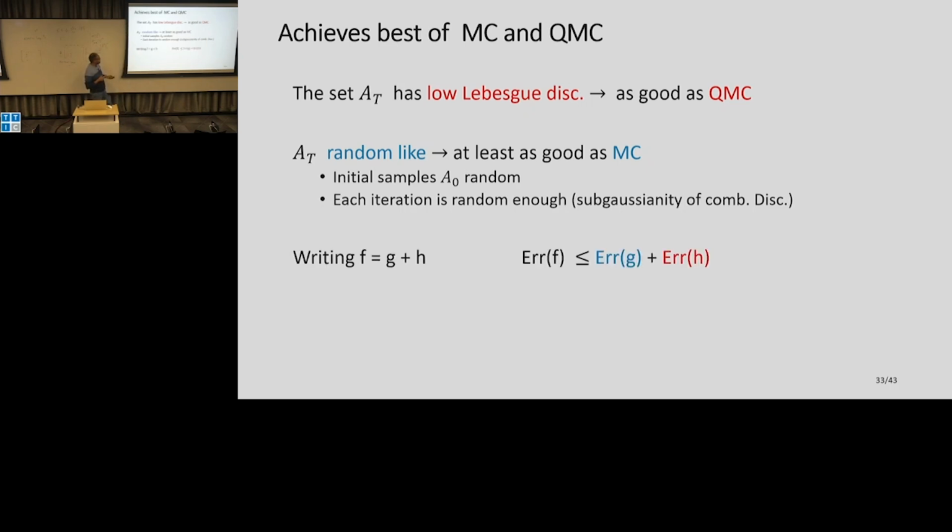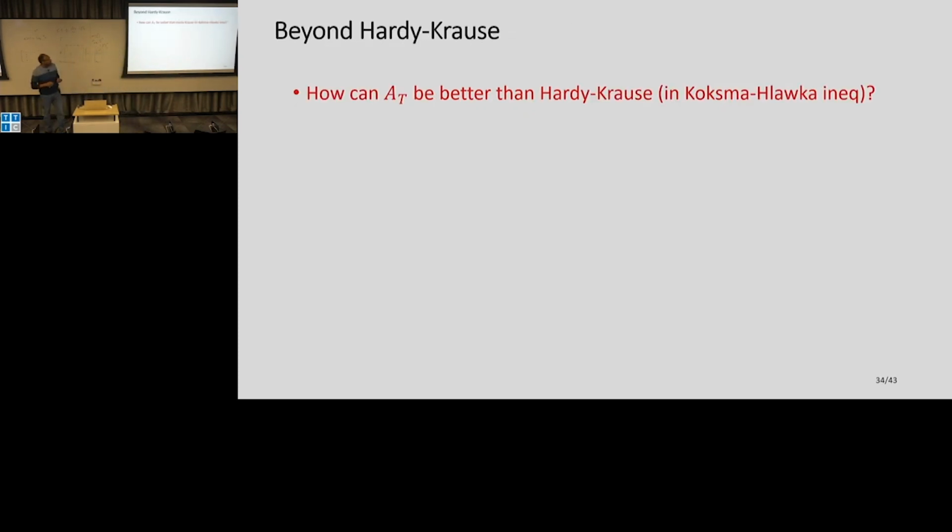So this point set almost looks like a random collection of random points thrown in, yet has low discrepancy. And now we are done, because if I write my f in any way as g plus h, and I'm not actually decomposing it, it's just a thought experiment, I can always bound the error by the triangle inequality by these two errors. And these point sets are automatically better than QMC and MC. So for this part I can say I'm no worse than MC error, and for this part no more than QMC error. So I automatically have that, and this holds for every decomposition. Okay, so good. That was the best of MC and QMC.